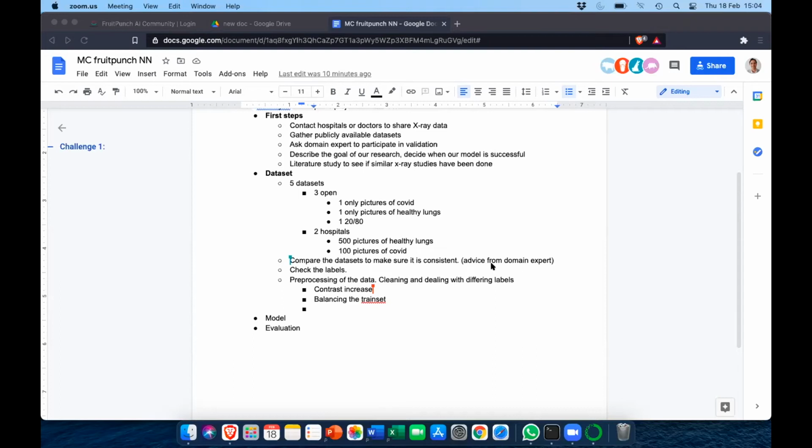So I think what I understand from the statement is that 500 pictures of healthy lungs doesn't mean that these healthy lung pictures are taken after the COVID pandemic. It could even be previous records of images which show healthy lungs, and if the patient has signed the declaration that they are okay to share their data with the hospital, then yeah. So these could have been the history of images that have been collected, even before the pandemic.